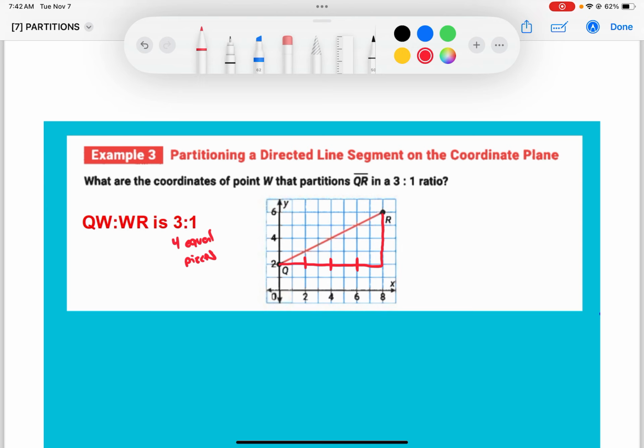So where would I place point W? Well, ideally, I'd want to place it right here. Because we're thinking about R as kind of like the end of this line segment at this point. And now QW gets 3 of the pieces, and WR gets 1 of the pieces. So how does this translate to the diagonal line, though? Well, believe it or not, if you take this point, and from there you draw a perpendicular line,